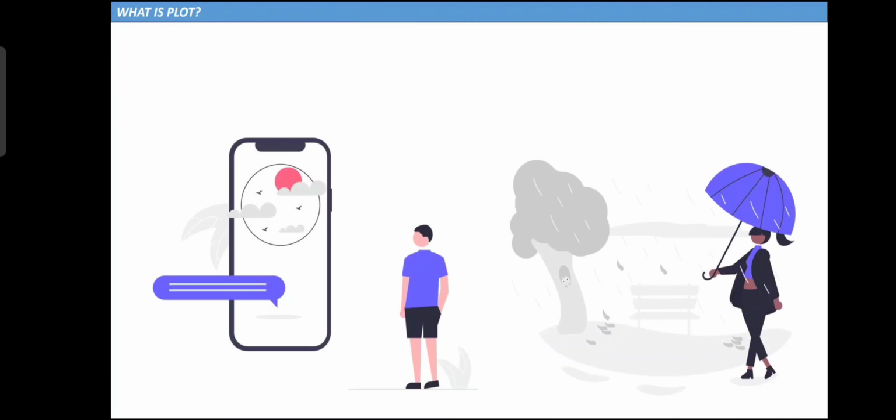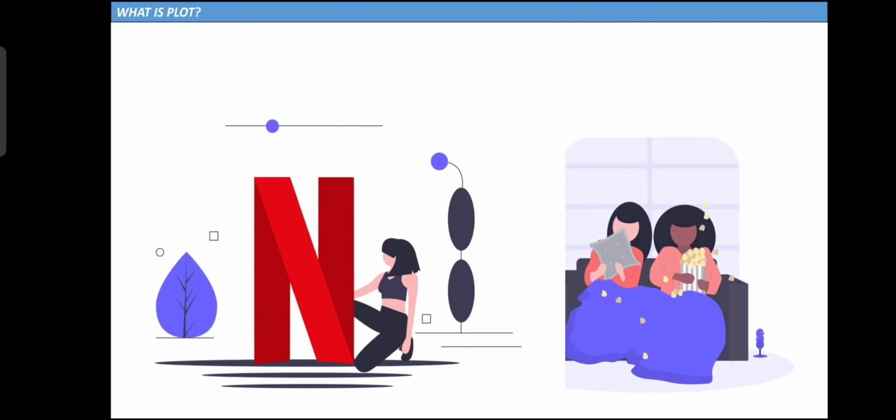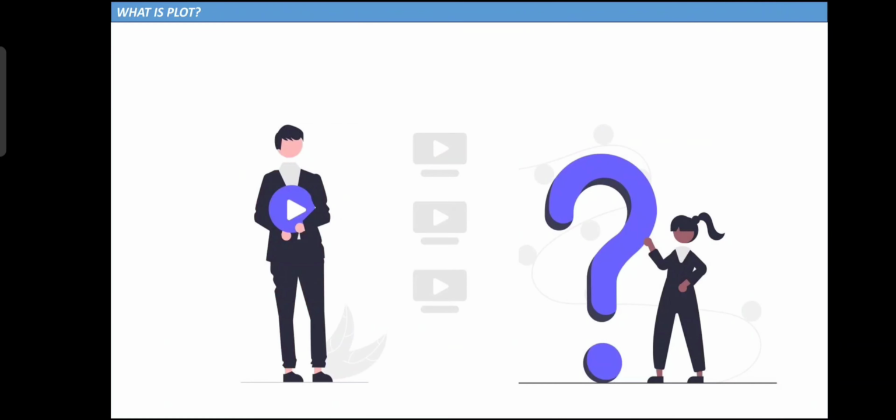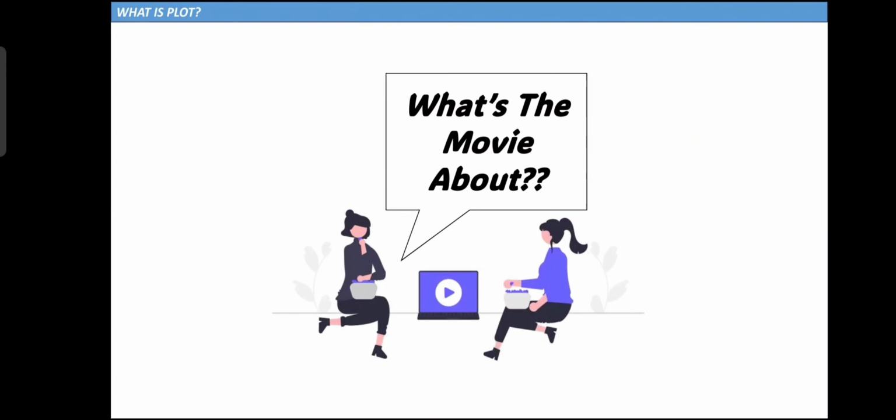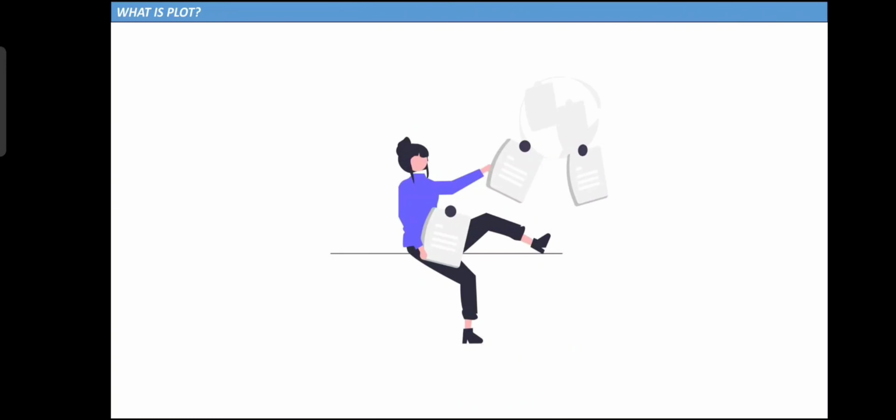Today is a lazy, rainy Friday afternoon, and you and your friend decided to watch a movie. You scan the movie listing and talk about which film to see. The most important question you will ask in order to make a decision is, what's the movie about? What you're essentially concerned about is the plot of the film.